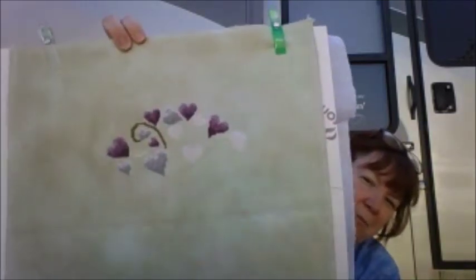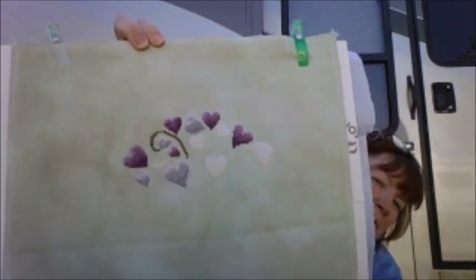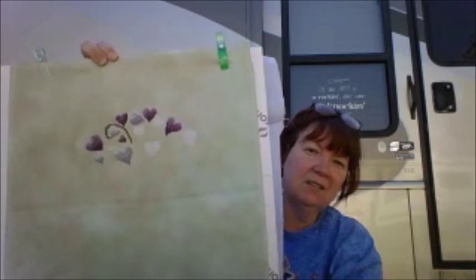Right here, I got a few more of the hearts in, and then I got some of the stem of the tree in the green. So, I won't get this done in time for our anniversary on the 15th. In fact, we're going to be on the road starting Tuesday for a week. So there's no way I'm going to get this done, but I will eventually get it done sometime this month,